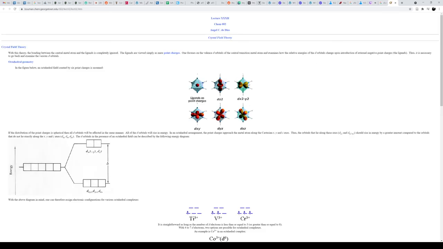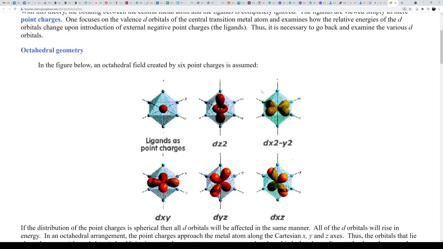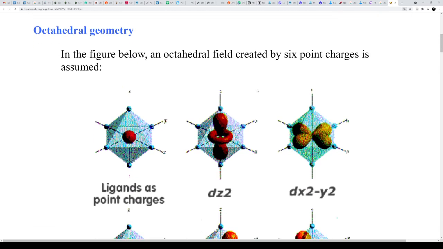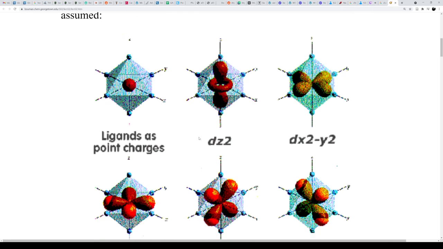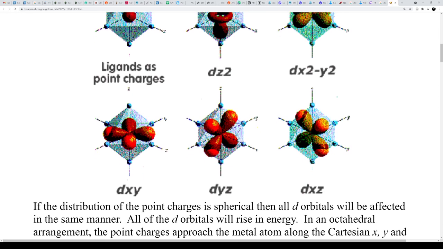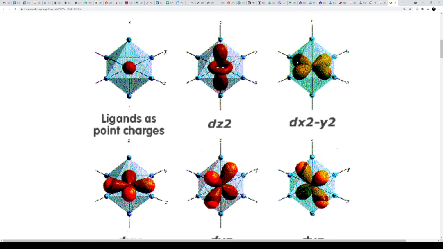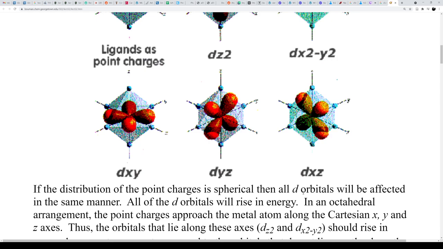So if we pretend our ligands are these little dots on the outside of our octahedron, this is apparently how we draw an octahedron, by the way. The lower energy orbitals are in between the dots. And our higher energy ones are the ones that end up lining up with the dots, so they're going to be very close to touching them. So these two end up being our high energy orbitals, and these three end up being our low energy orbitals